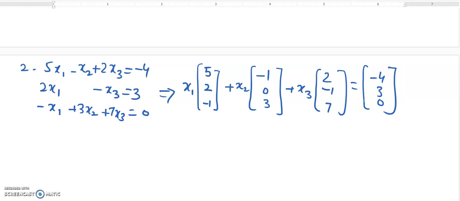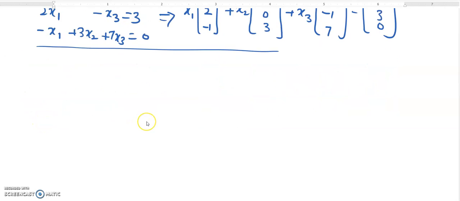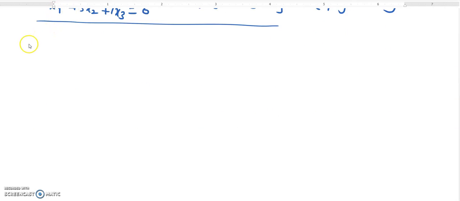Okay, so that will be the vector form of the system of equations. Next question. Another example. Not only can the system of equations be written in the vector format, but if the system of equations has a solution, or more specifically the general solution in the form of some free parameters, then that general solution can also be written in the form of vectors. So suppose we have this system of equations,